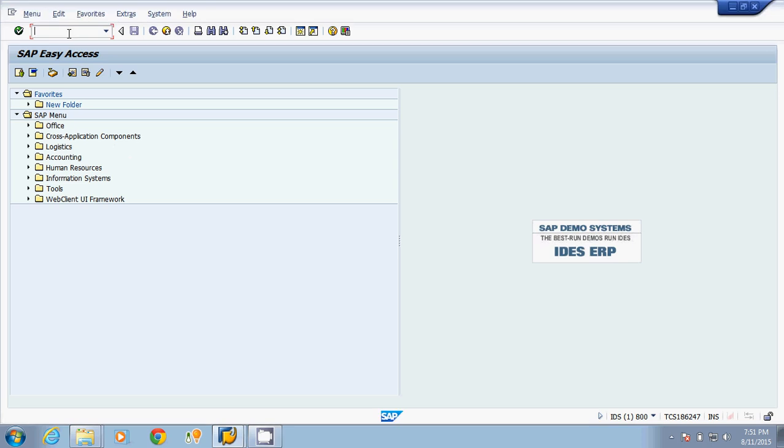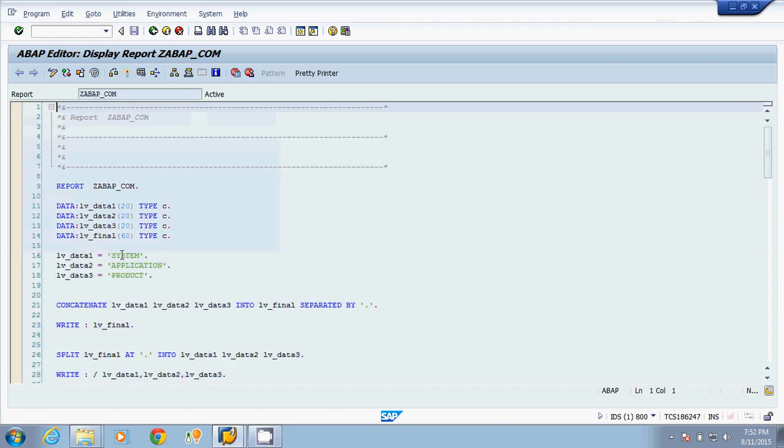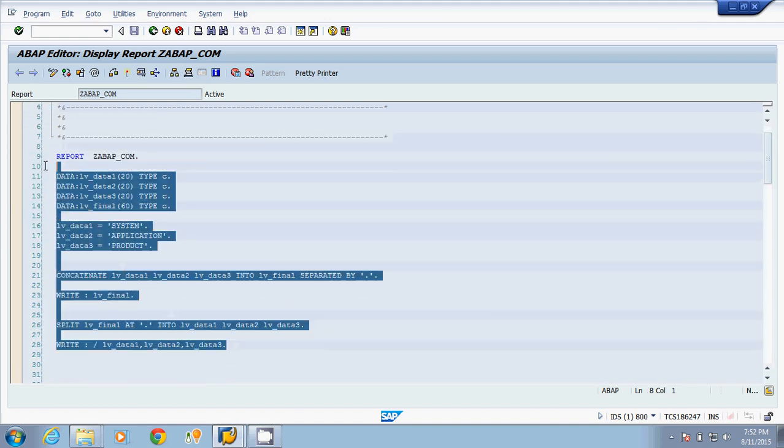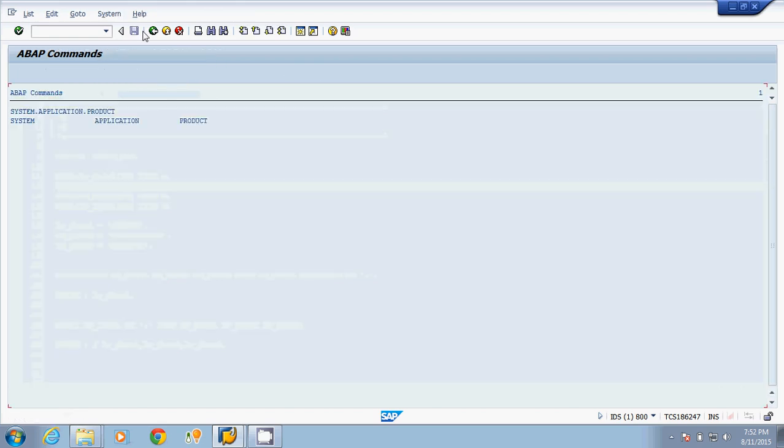Suppose I am moving on to transaction code SE38. Suppose this is my program, zabap_com. Suppose I am displaying this program. If I want to check the output of this program, firstly I have to move on to transaction code SE38, then I have to pass the program name, and after that I have to check the output of this program.